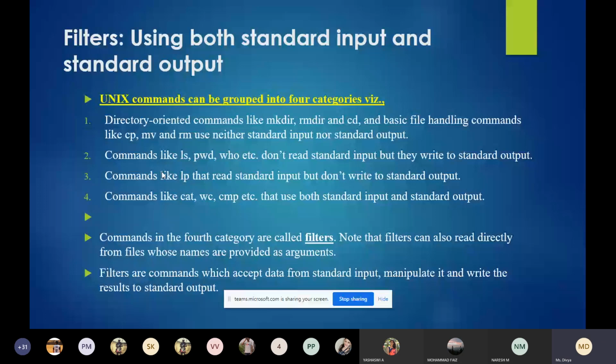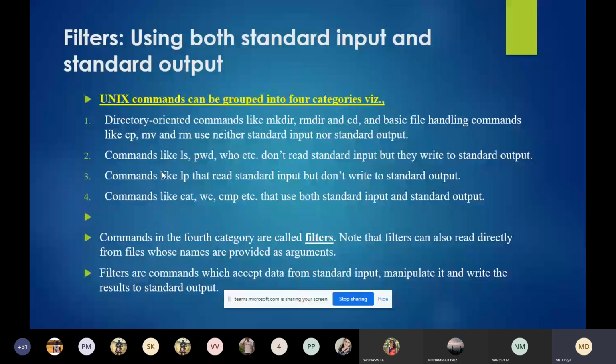Filters are the commands which accept data from the standard input, perform some manipulation, and write the results to the standard output. Standard input is your keyboard, and standard output is your monitor or the terminal display.